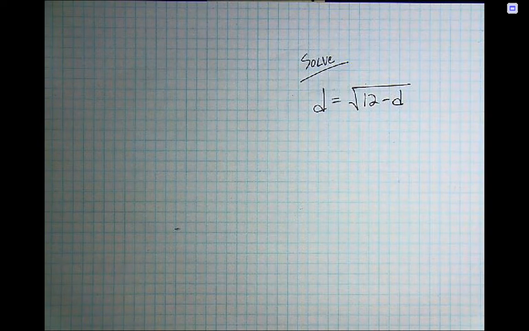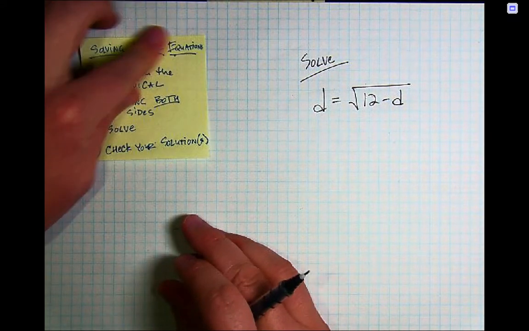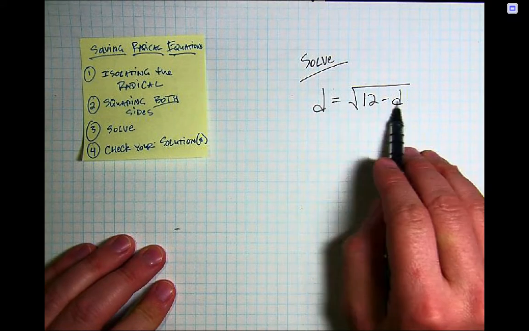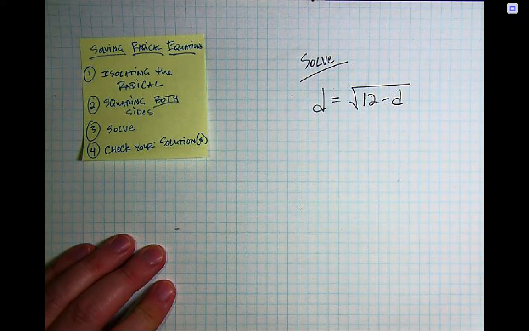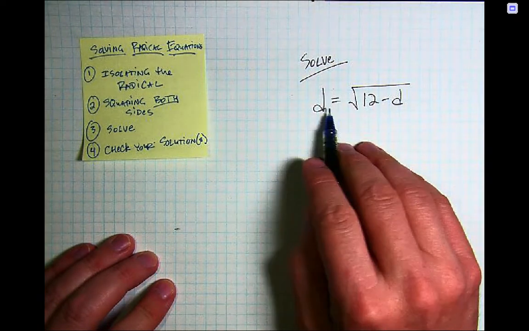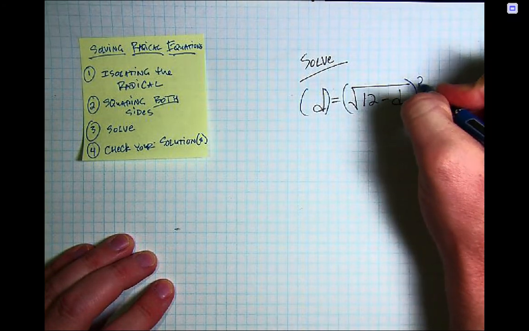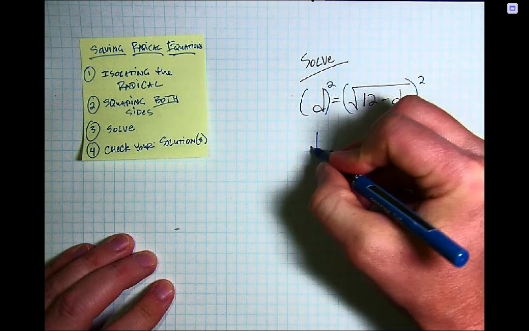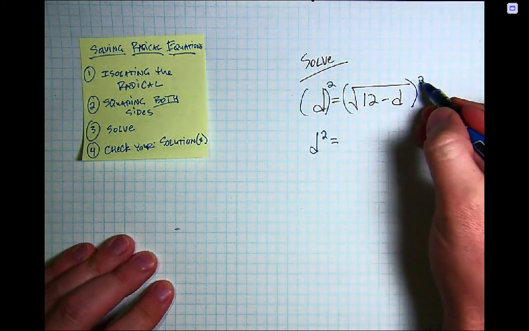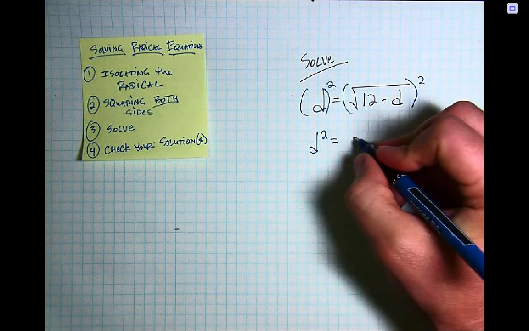Okay, step 1 is isolate the radical. The radical is already isolated on this one, so we're good to go there. Now we're going to square both sides. When I square both sides, I'm going to get D squared equals, and then I'm squaring the unsquare, so I'm just going to have 12